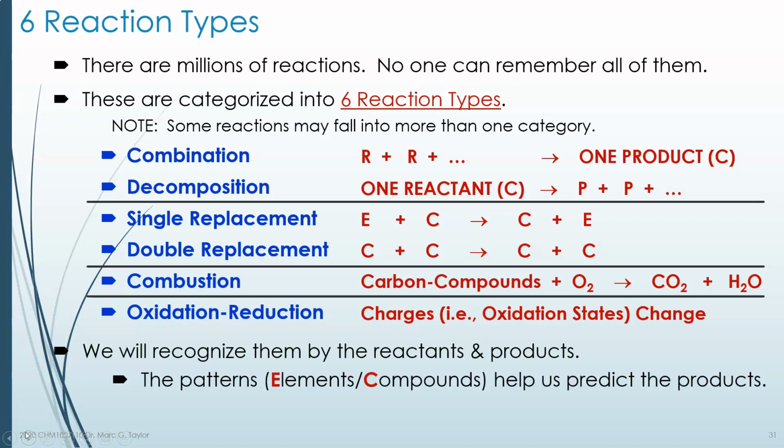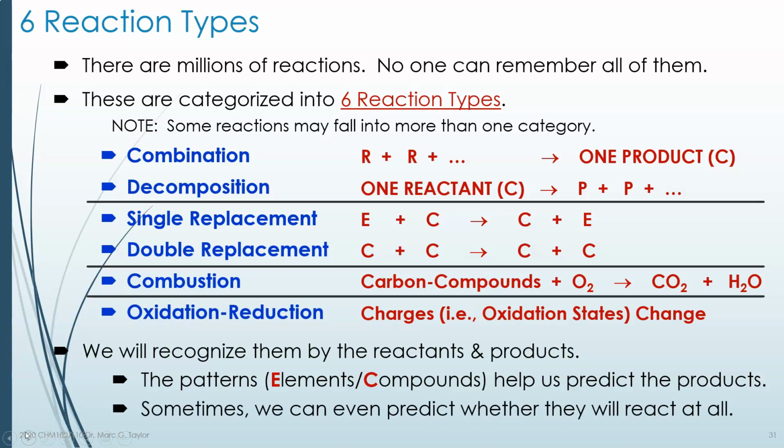And I've already mentioned that the E stands for elements, the C stands for compound in the case of the 2 replacement reactions. And sometimes when we see these patterns, we can predict what the products will be, which is nice. If we have a new reaction, reacting two reactants together to make new products, we can actually make guesses as to what those new products are in many